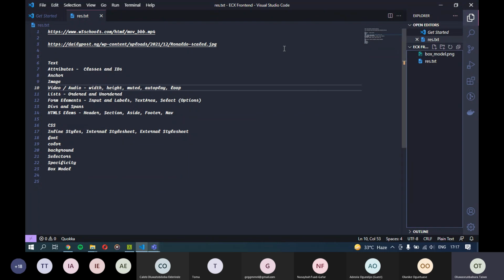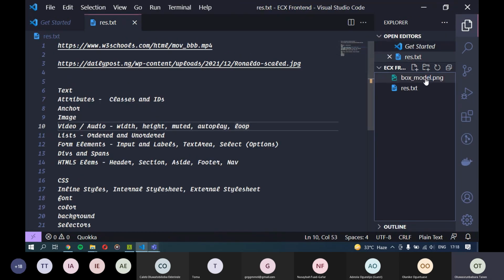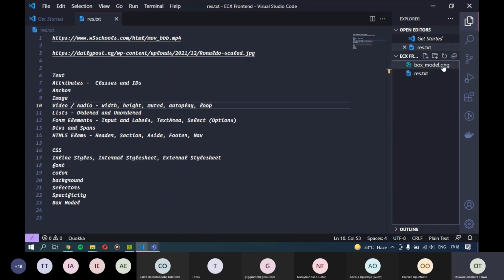First things first, if you want to create a web page, the file has to have an extension of .html. I hope you guys can see. Let me try and increase the font. Here this file is an image and it has an extension of PNG, meaning PNG is for images.